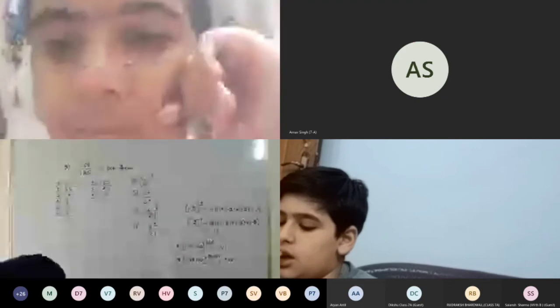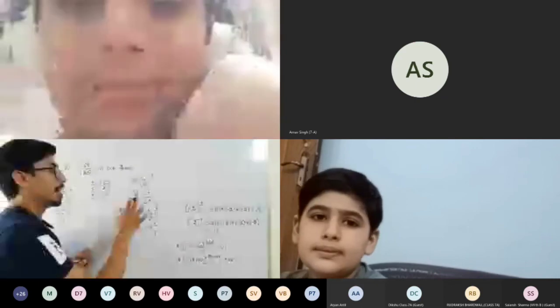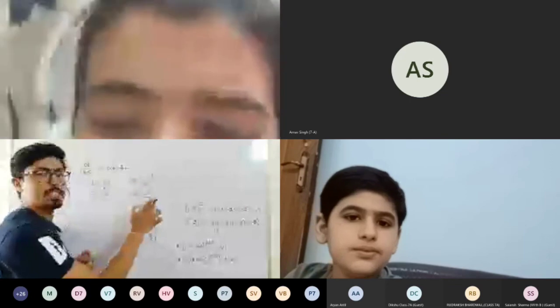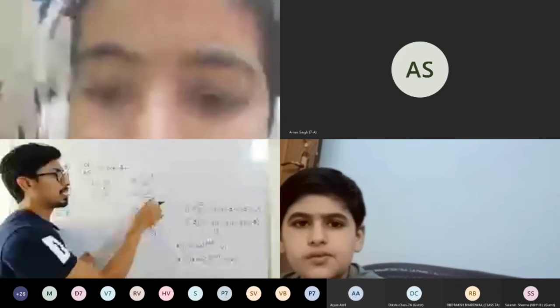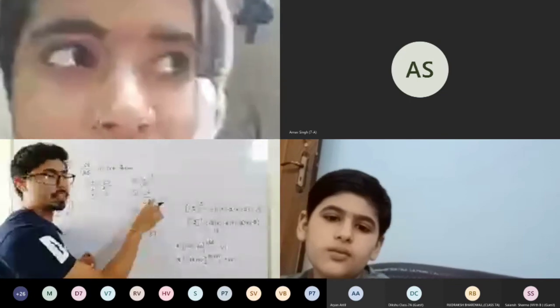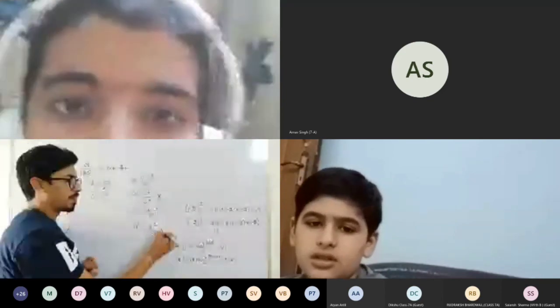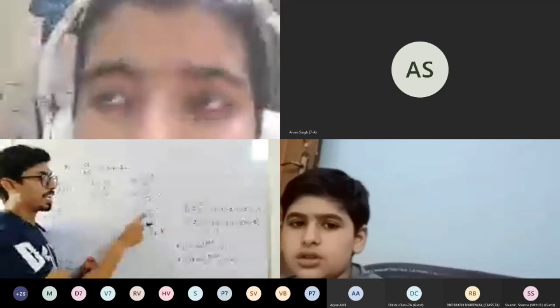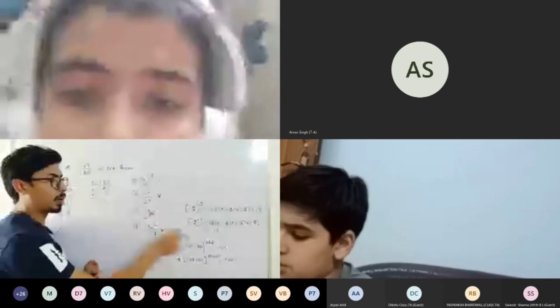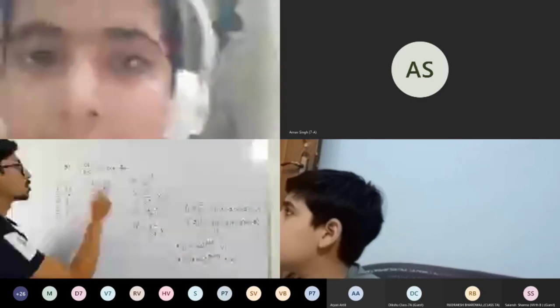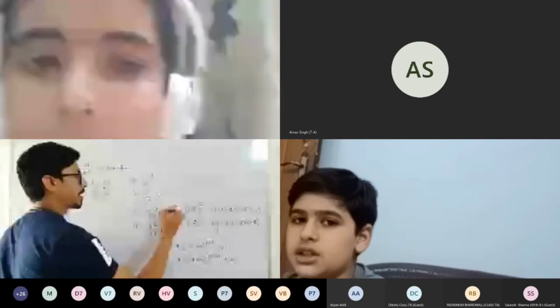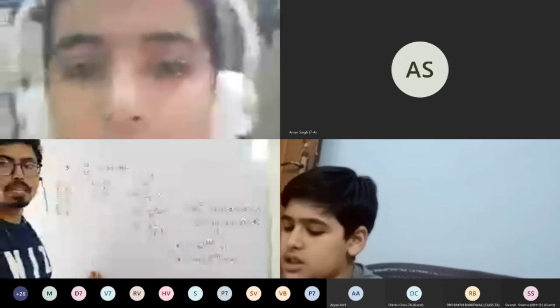Similarly, students, this option and this option are the same because this is the simplest form of this. I can't take this as well. This is also positive. I can't take this now. Negative number raised to power odd, the answer is negative. So the answer will be this third option.